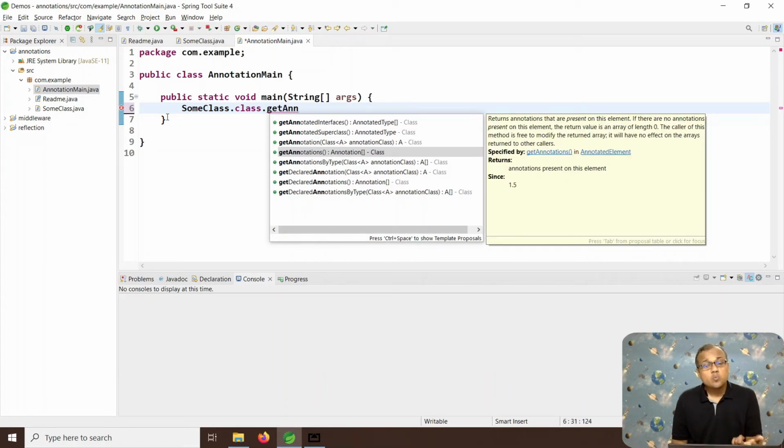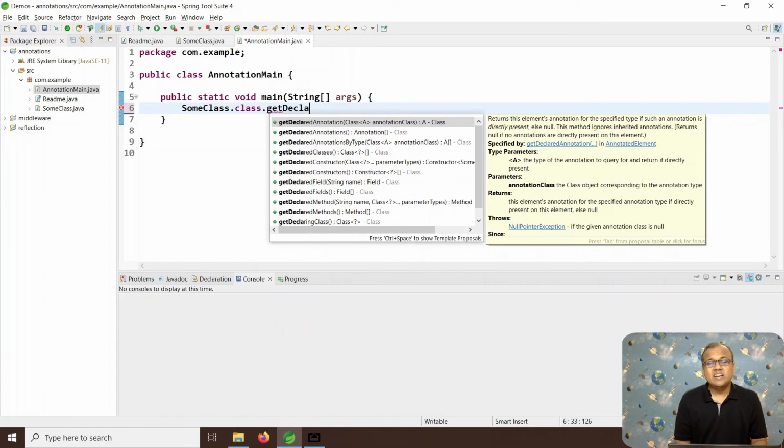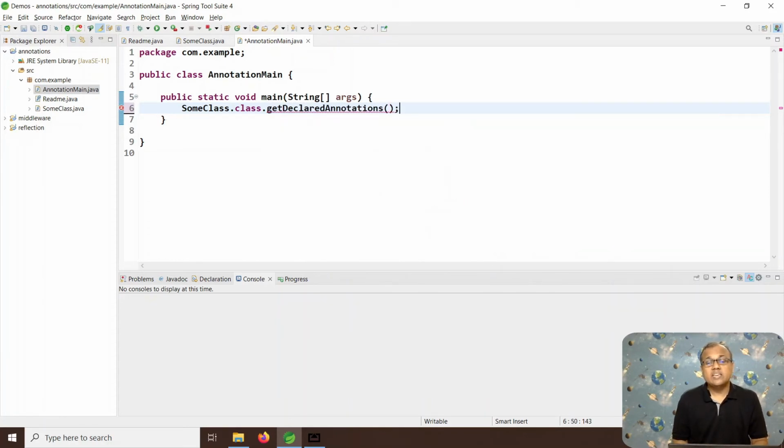There is one more method, getDeclaredAnnotations. The getAnnotations method returns annotations applied on that class as well as annotations inherited from its superclass. The getDeclaredAnnotations method returns only annotations declared on that class.